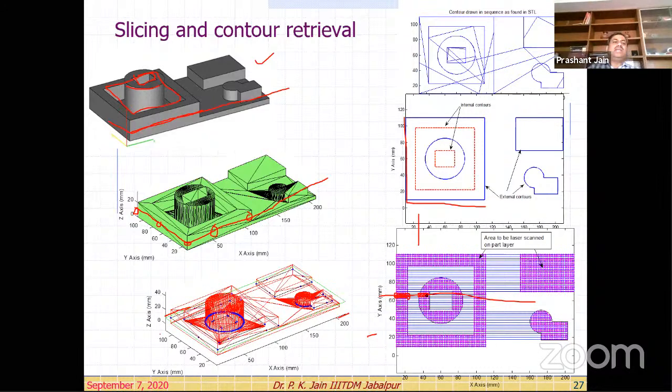And if you consider the FDM process, then it would be a nozzle, right? So this nozzle will be open here, so material will come out of the nozzle. Here the nozzle will be closed. Then again, an on-off kind of situation will be there, right? So where it is crossing this contour, on, off, again on, again off, right? So that is the situation that happens when we talk about tool path generation, nozzle path generation, or laser beam path generation, right? So this is all about the principles, right?